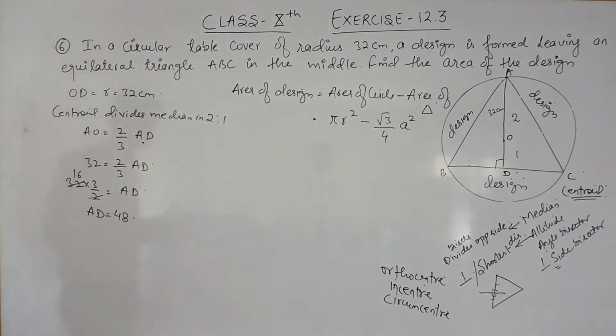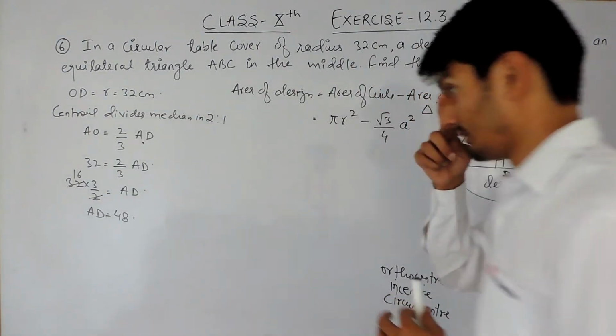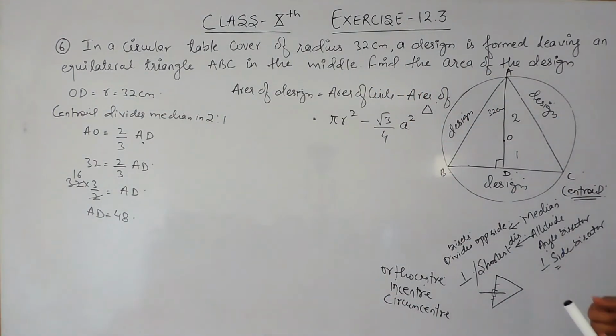So from here, it is 2/3 of AD. Okay, so in this case, my AD should be 48. That means this complete length should be 48, from which this is 32, and the remaining length is 16. Okay, now